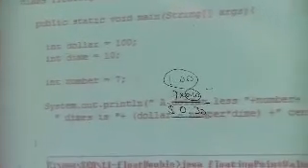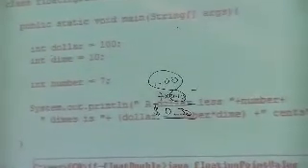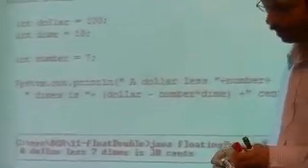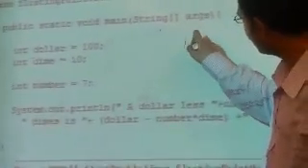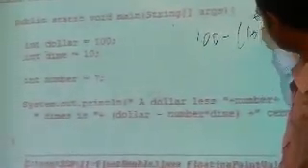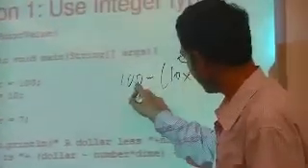In this case it's quite obvious that we can get everything as an int. You know $1 is 100 cents, a dime is 10 cents, and you have 7 such dimes. So instead of doing everything in decimal, I can do everything as int. I can say I have 30 cents,